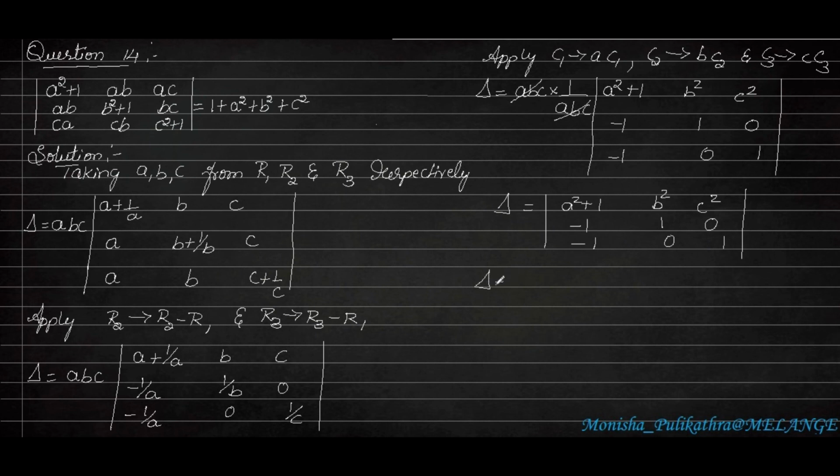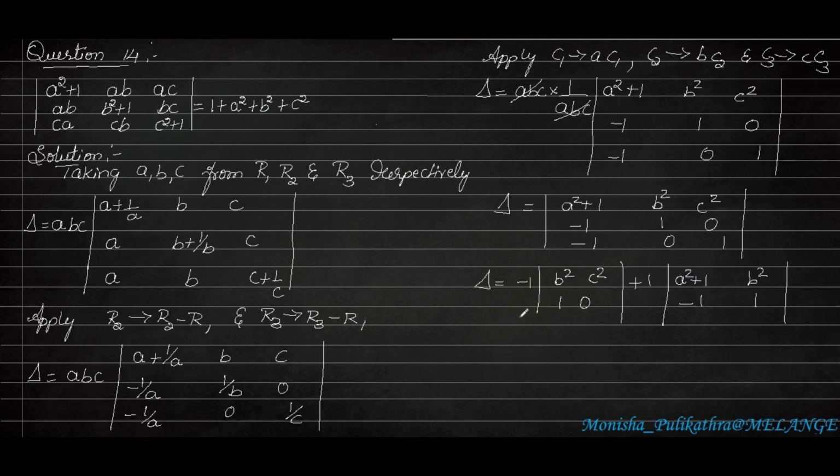So we will get delta is equal to minus 1. If I take minus 1, the remaining will be b square, c square, 1, 0. The center number is 0, and 0 means the rest of the terms will become 0 itself. So the last term, plus 1 into, if I take this one, this column and row get canceled. The remaining is a square plus 1, b square, minus 1 and 1.